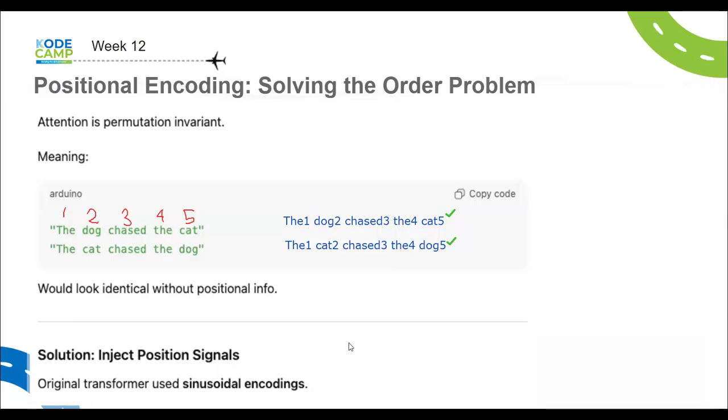So the original transformer paper used what we call sinusoidal encoding. That's the encoding. Here I used a linear one, because the numbers are increasing linearly: 1, 2, 3, 4, 5. But the problem with the linear encoding is that the number continues to rise,